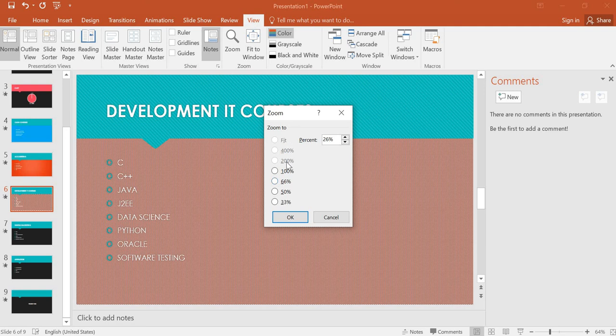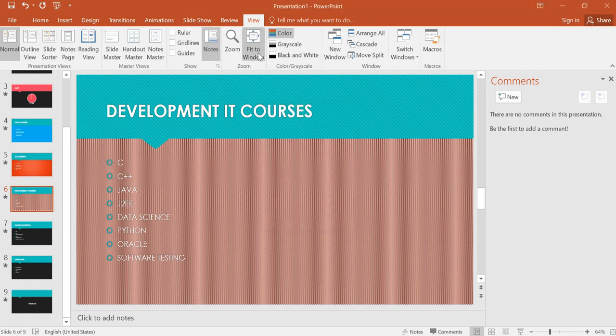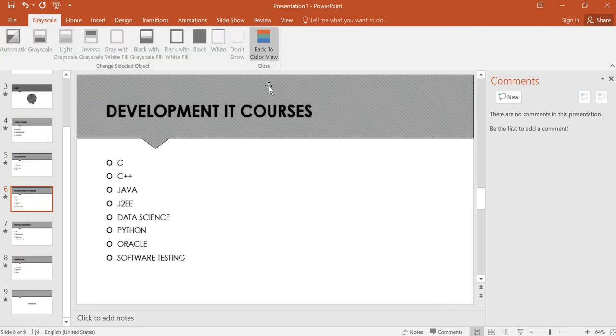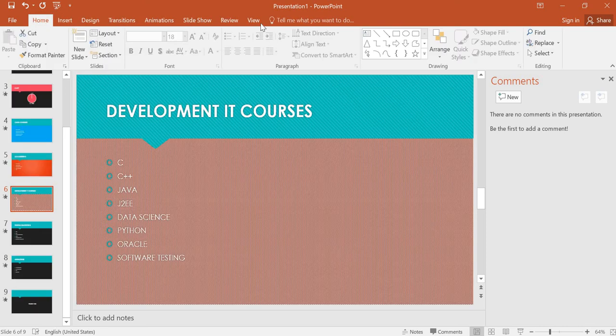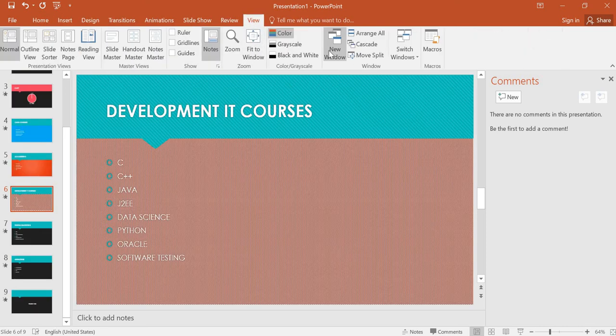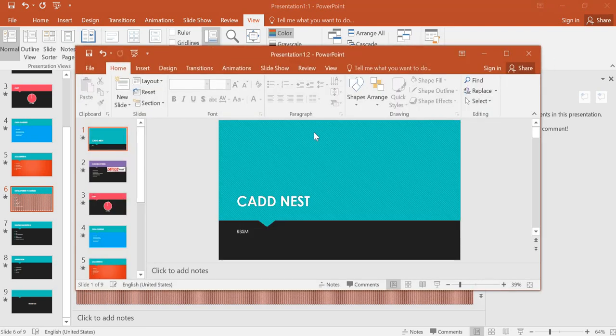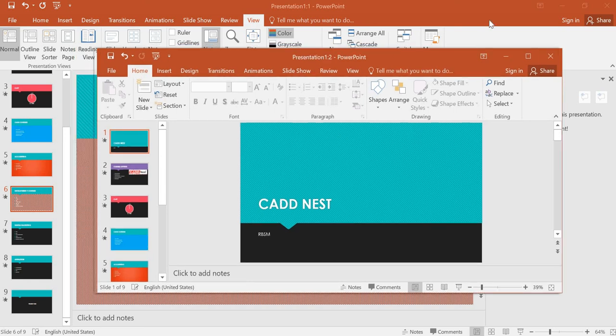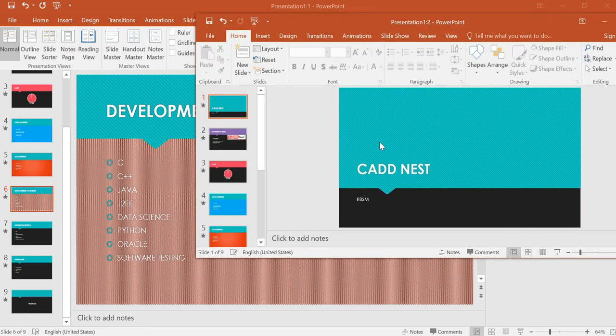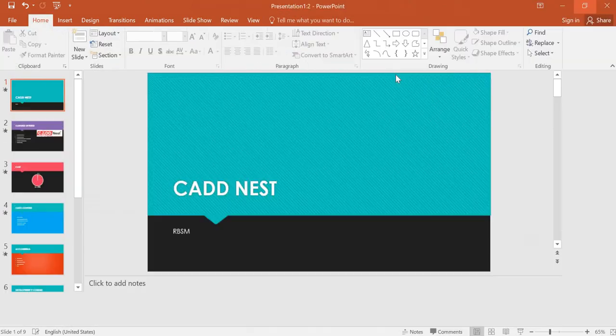And you can zoom in on the document for the required percentage. And Fit to Window will auto-fit the slide size. And this is in Color view. If you want to convert this into grayscale or black and white, you can apply that as well. If not, you can come back to Color view. You can take a new copy of this information in a New Window. Same as in MS Word, if you are cross-referring and you consider that this is your soft copy and you want to alter it in another one, you can utilize this and make changes in the final copy. So that is why New Window is used.